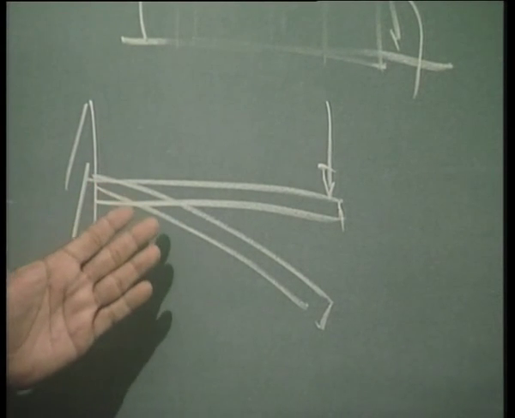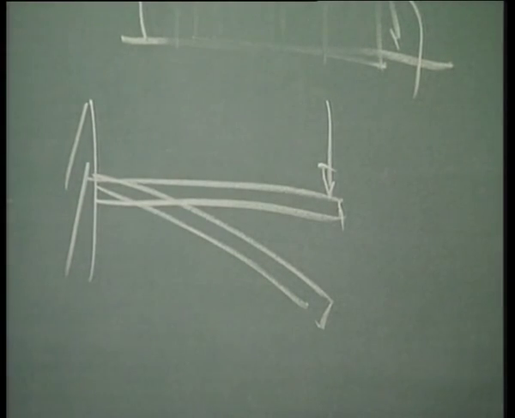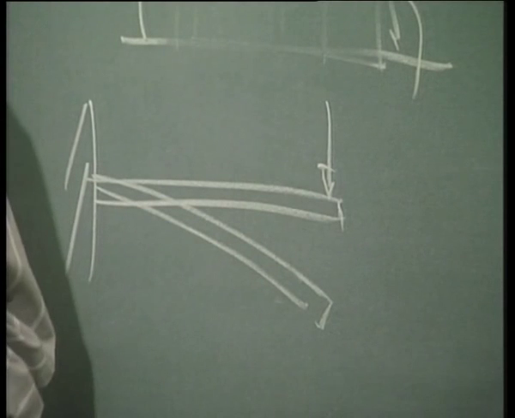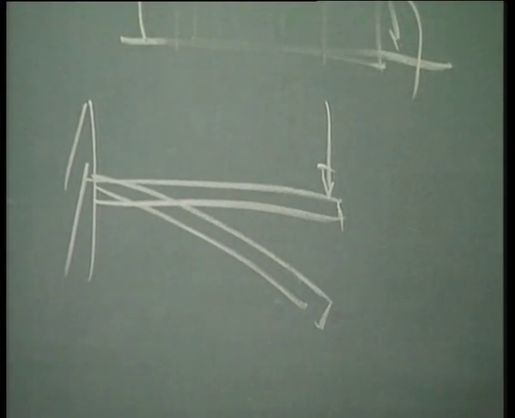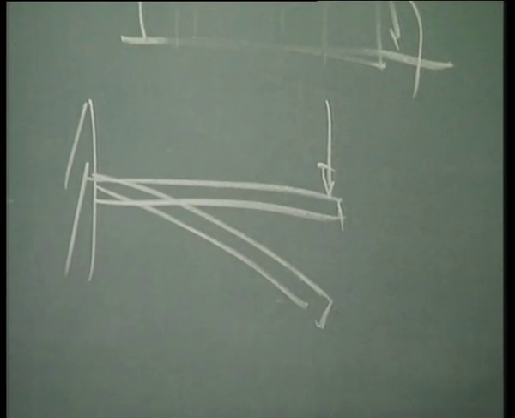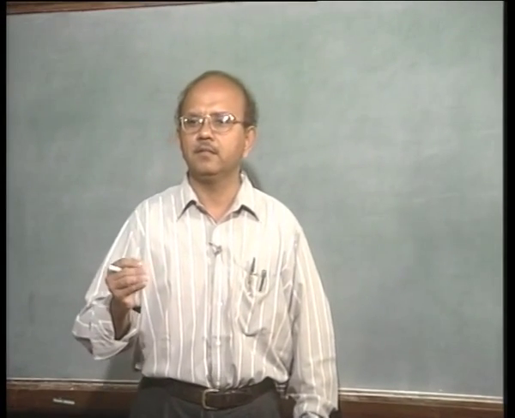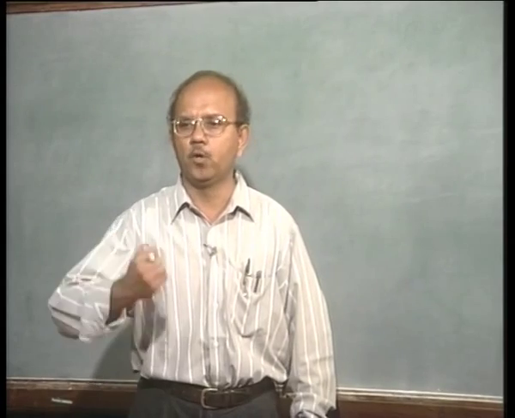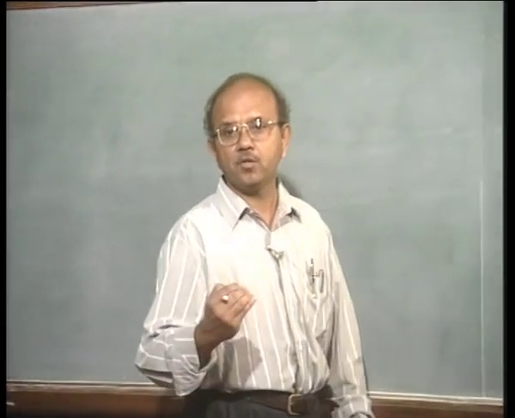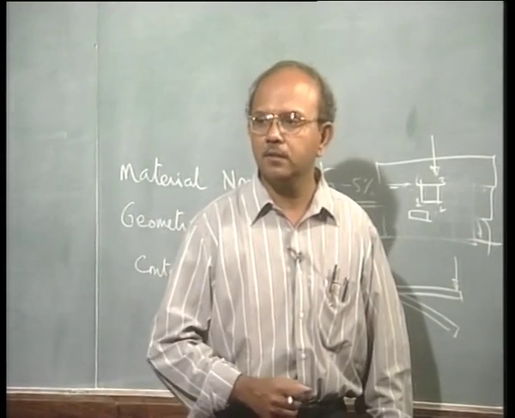Many times it may still be elastic, but the original and the final positions may be so very different that I may not be able to consider it as a linear problem, and I may have to invoke what is called geometric nonlinearity. Is this clear? Geometric nonlinearity is basically because you are not able to identify the deformed or displaced mesh, however you want to call it, with the original mesh positions as you see it in the result.